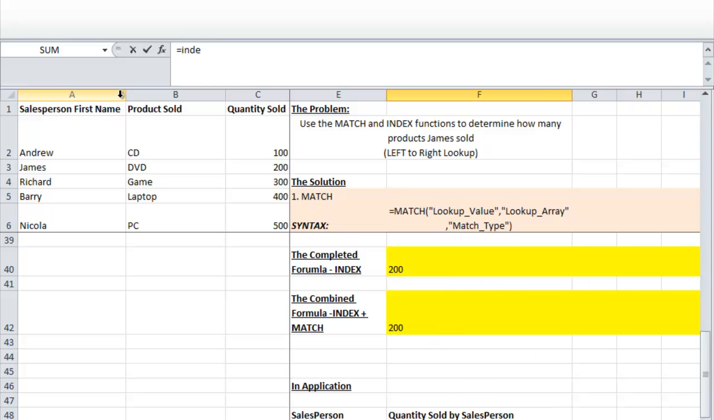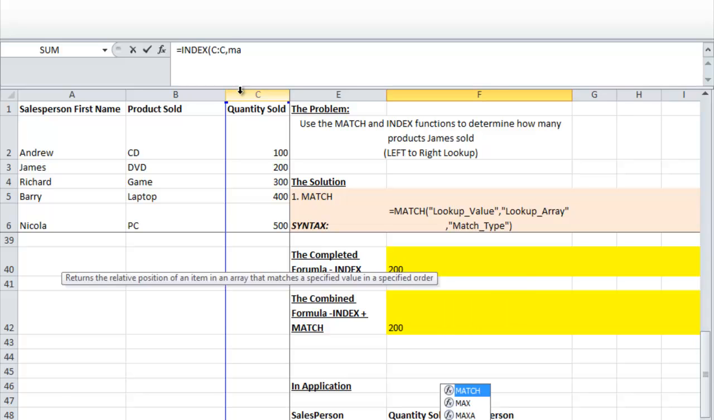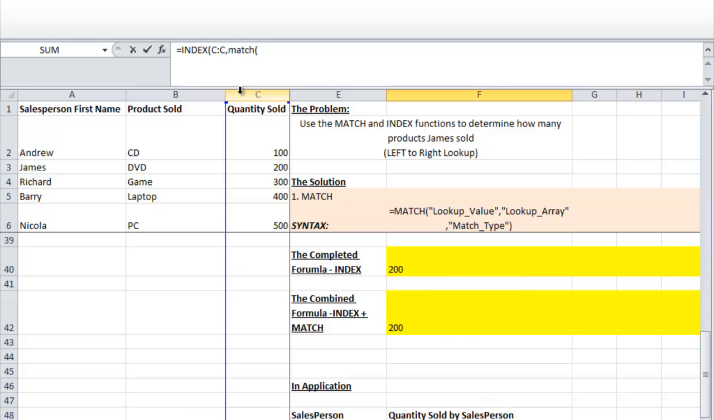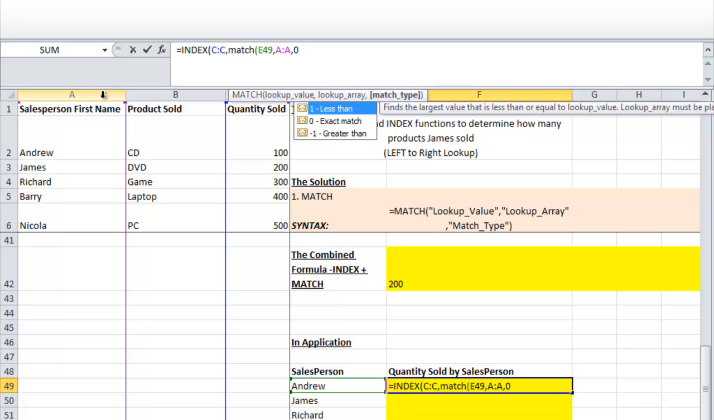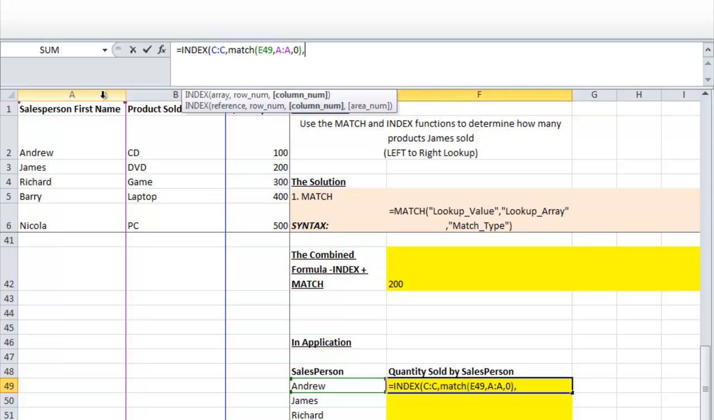So in here, if we do equals INDEX, C to C, the column we're looking in, the row number of column C is going to be a MATCH. So MATCH, open bracket, and here we want to take E49, so Andrew in this case, but the value, whatever it is in E49, and we want to find that value in column A, so A to A, comma, MATCH type 0 because we want an exact match, close bracket, comma,